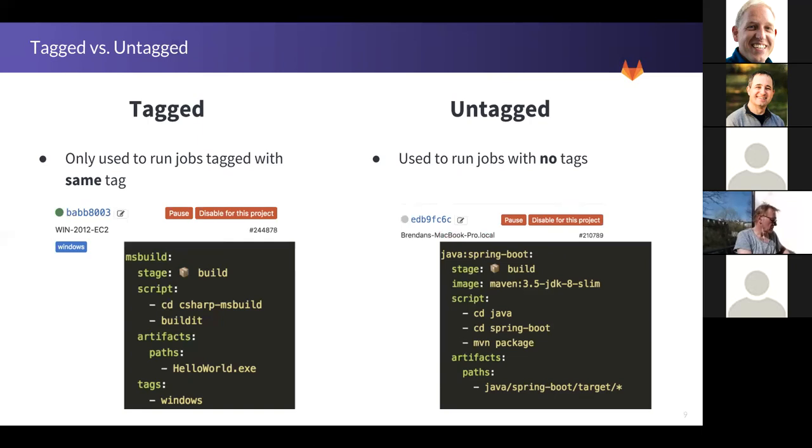So the runner must have all of the tags of my job. The job does not have to have all the tags of my runner. So if that runner was tagged with Windows and Java, this job could still be picked by that runner. But if I added a tag to the job of Java and I didn't add that tag to the runner, then that runner would not pick the job.